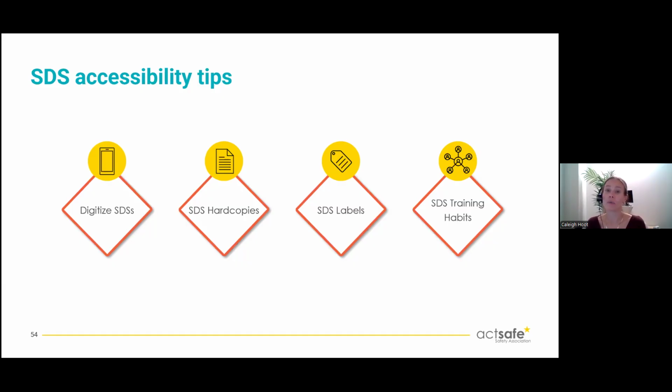Have your pictogram graph handy, right? So we have it on our website. It's accessible. You can go print them all off, laminate them, and stick them up on the wall. So if someone is not familiar with a pictogram, it gives you the label, it gives you what it does.